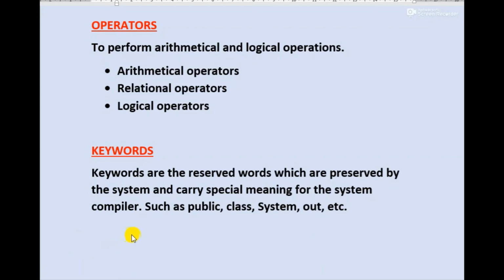For example, some of the keywords I am displaying here are public, class, System, out, println, for, etc. These keywords are also known as tokens, and they contain special meaning known by the system compiler. So these are the different types of tokens which are used to construct any Java program.